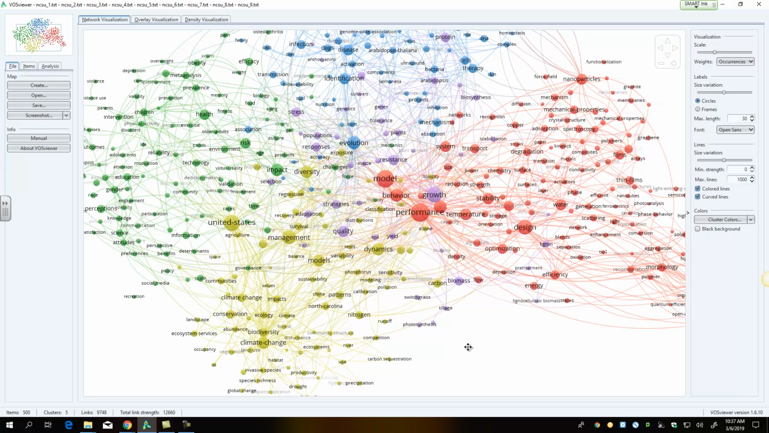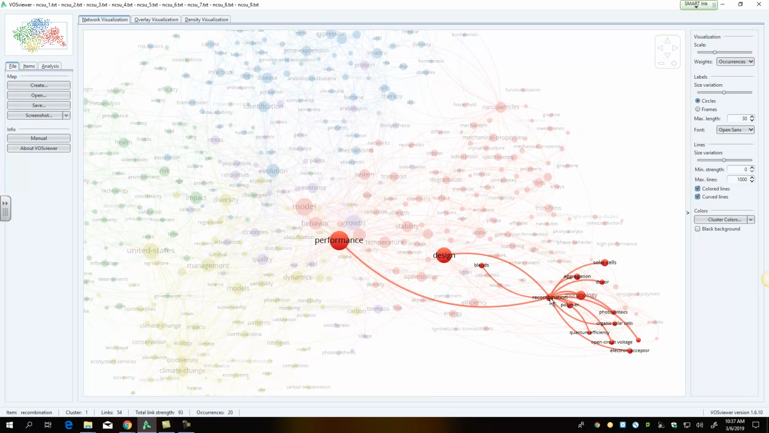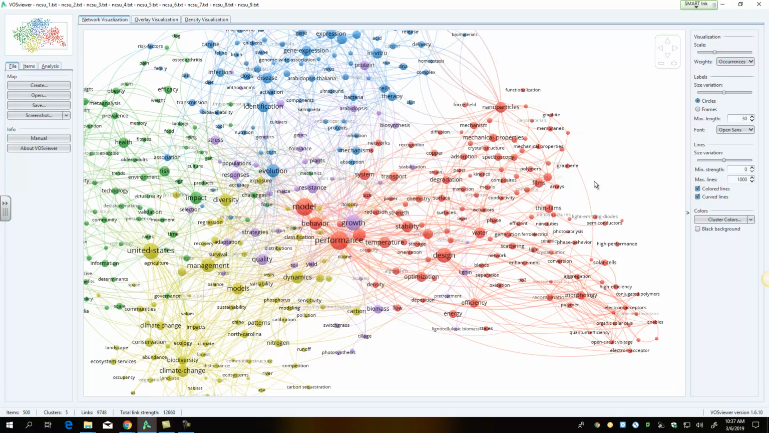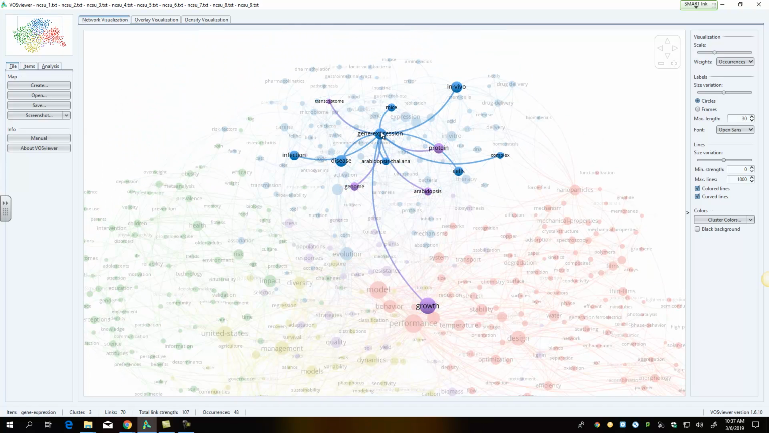Red looks to me like maybe some of the other sciences. We've got some stuff that looks like genetics, nanoparticles, and then blue also looks like science to me. Maybe it's just different